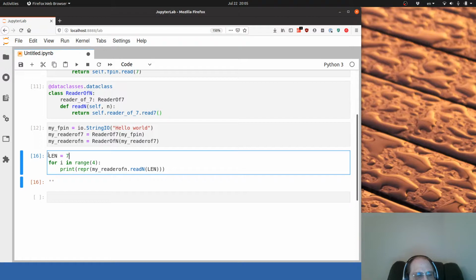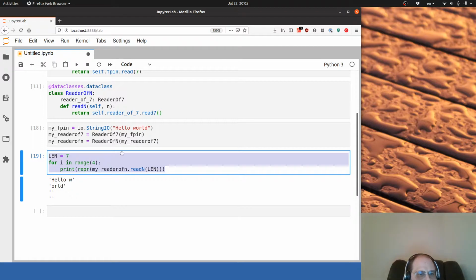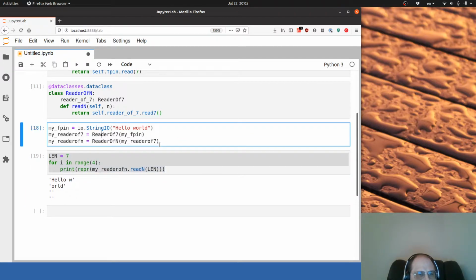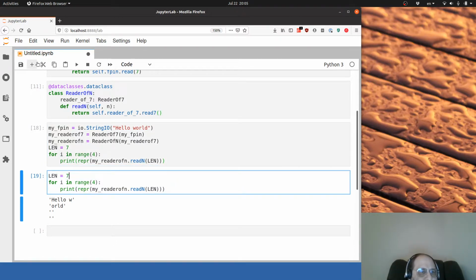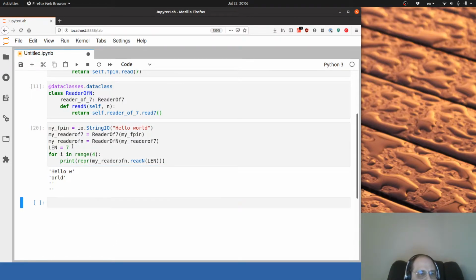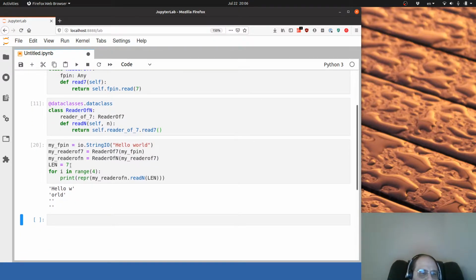So as long as it's 7, let's put this right here. Yeah. So this will be a little test. So it works correctly for 7. Hello world, and then an extra thing. So that if we make len smaller, obviously right now it's not going to do anything, but